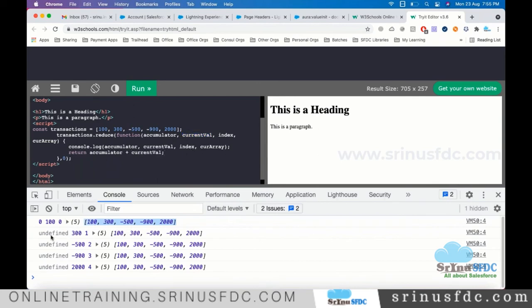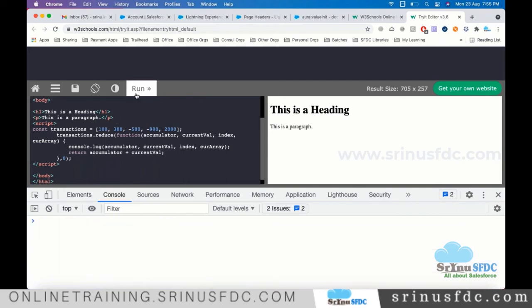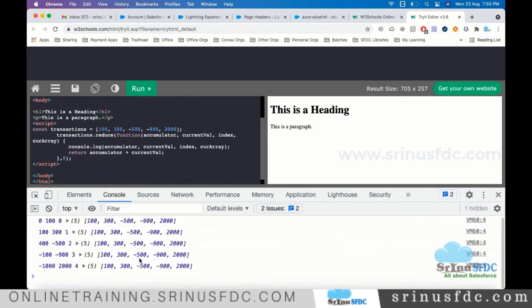If it returns 100, now the accumulator will be 100. 100 plus 300 is 400. 400 plus minus 500 is minus 100. Like that it will iterate. So finally, you will see the final returned value as the total sum, the final result.